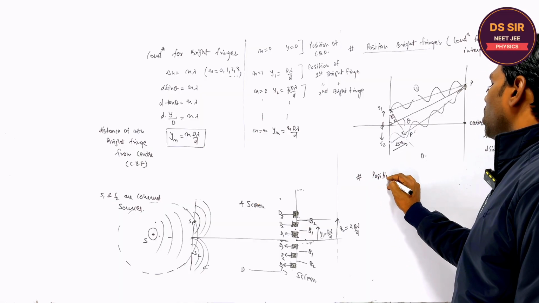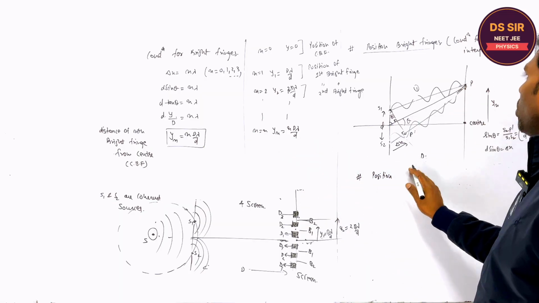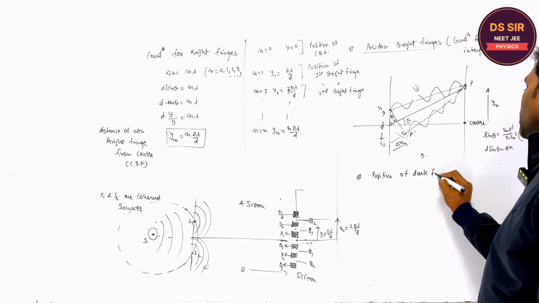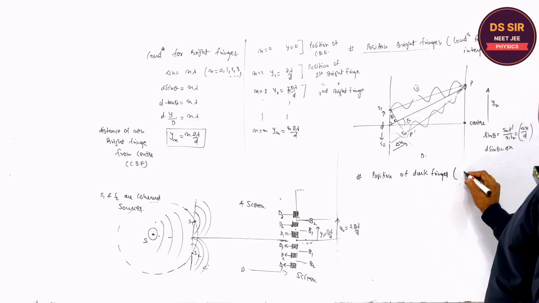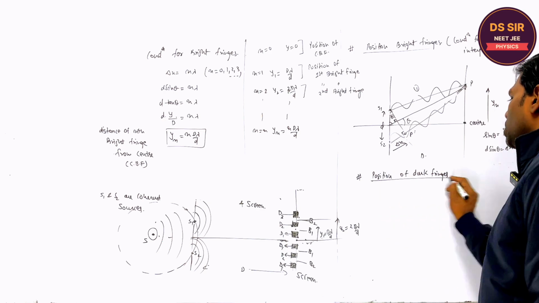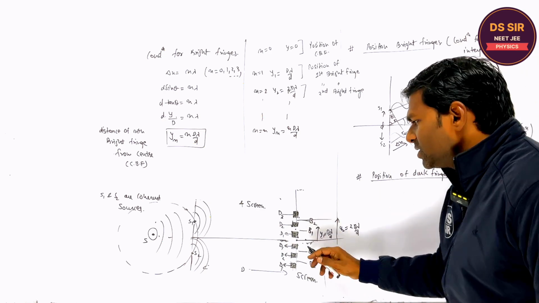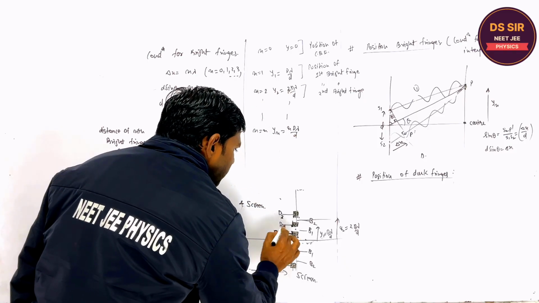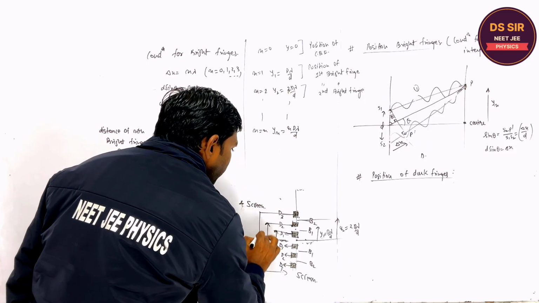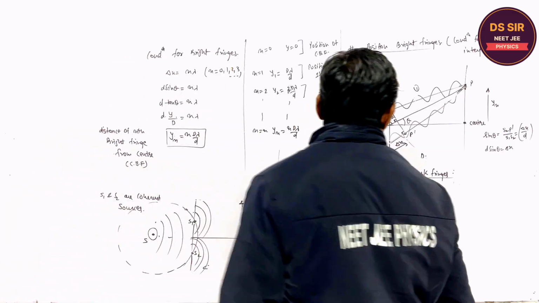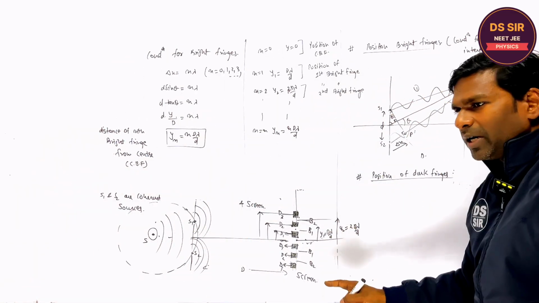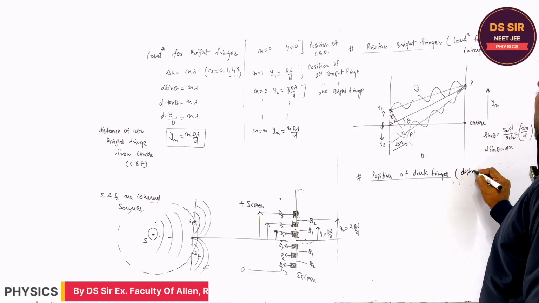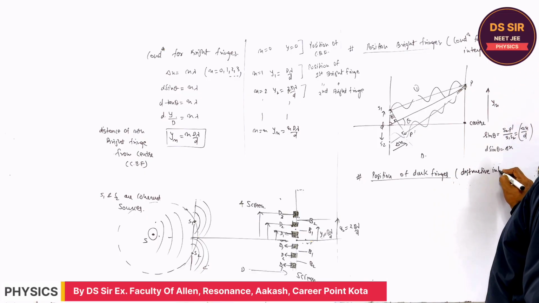Position, or you may write after this, the position of dark fringes. So to find the position of the dark fringes, that is the distance from the center of D1, D2, D3, we are going to find. So for the dark fringes, or destructive interference,